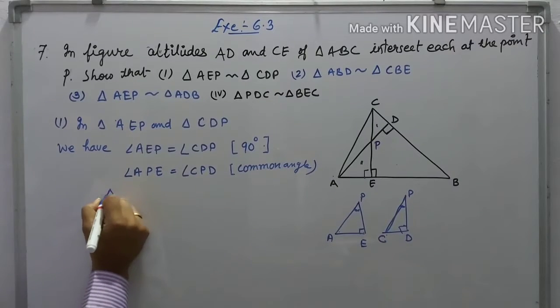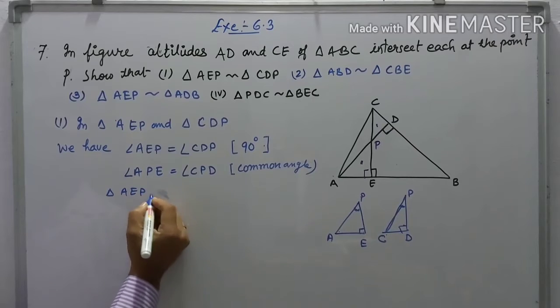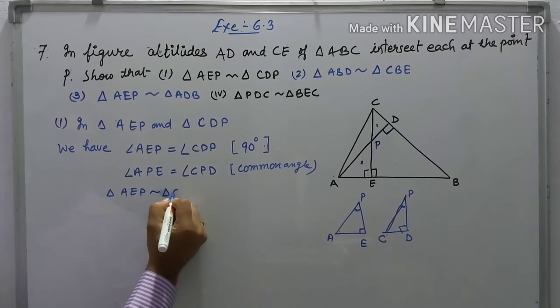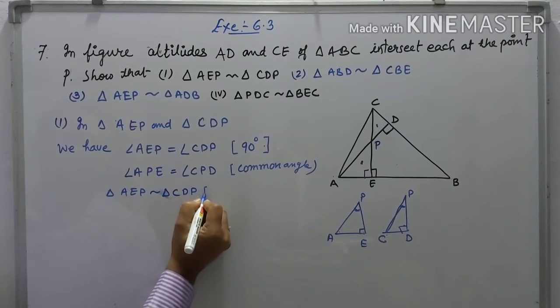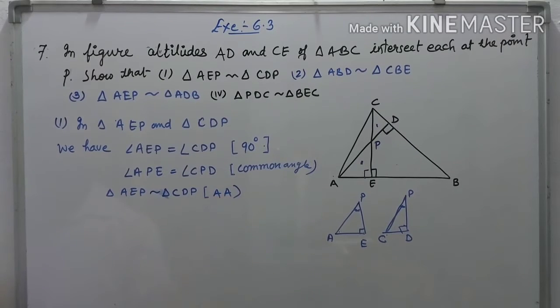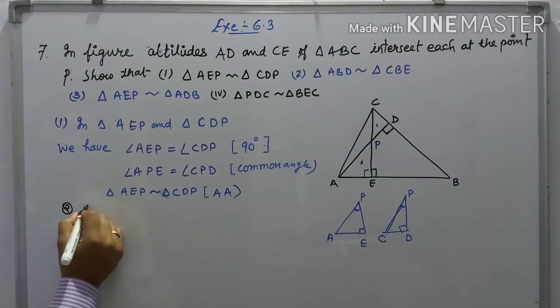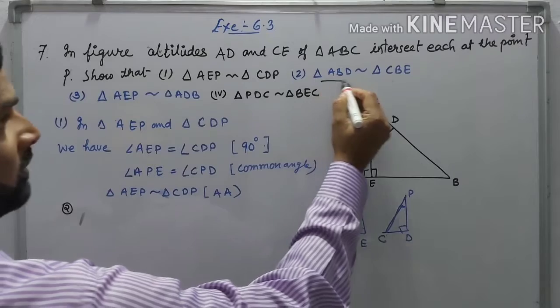It means triangle AEP is similar to triangle CDP. Why? By angle-angle similarity. Okay, now the second is given. The second question is to prove